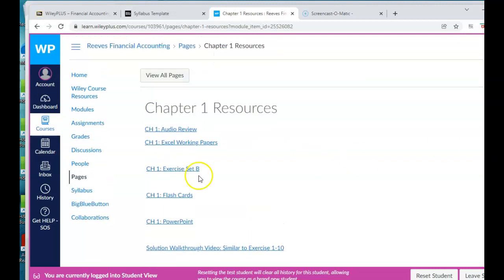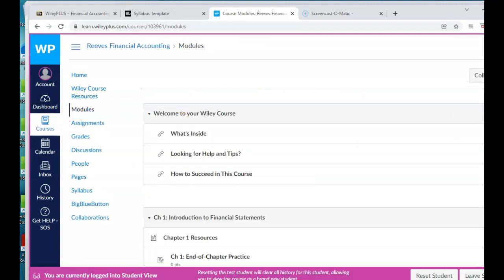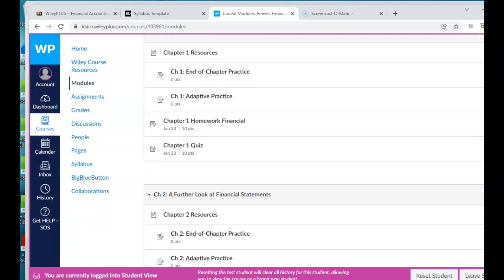Okay, so going back to the Chapter 1 module, you'll see that your Chapter 1 homework and your Chapter 1 quiz, again, are due by Sunday, the 23rd of January by 11:59 p.m. Once you complete the actual work in the Wiley Plus site, I will transfer your points earned to the Blackboard Grade Center after the due date has expired.